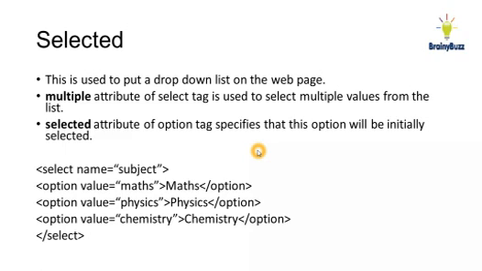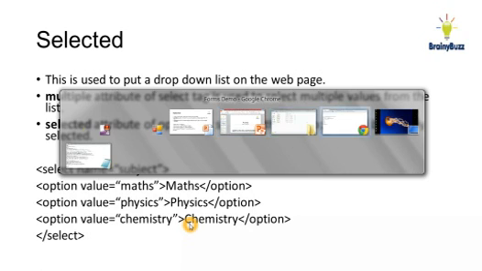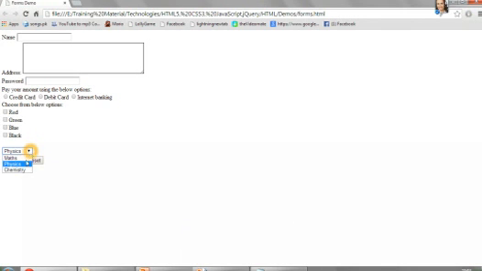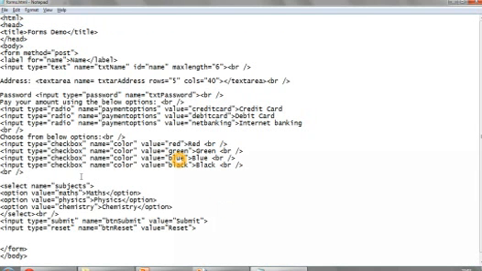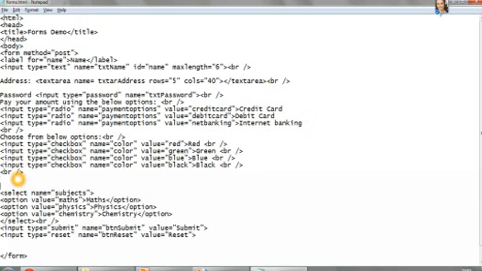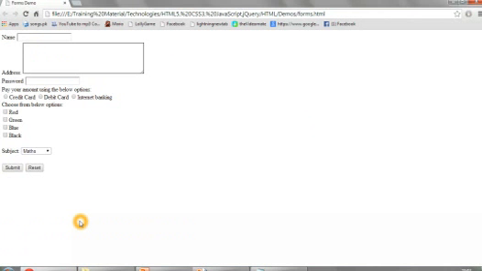So till now we have seen up to the select option. With that you put the drop down like this over here and you can choose from it. I'll make some modifications in this, like I can write the subject over here, like choose the subject, and I should give one more br over here to make it look nicer. Now you have the values over here, so you can select whatever value you want, or you can just click on the reset button to make it go back to maths over here.